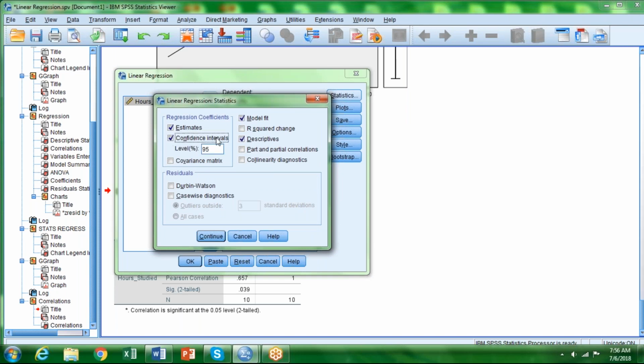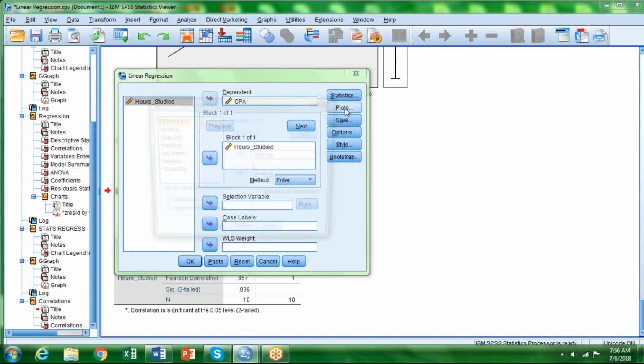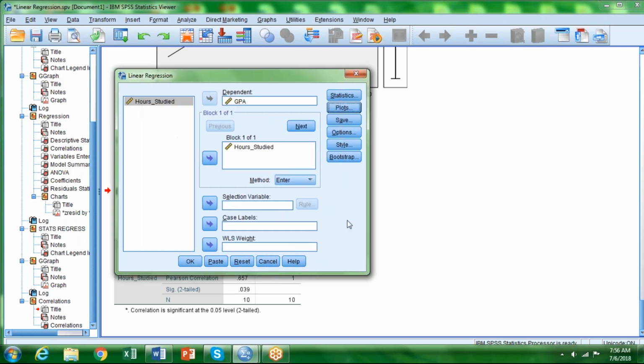We can do confidence intervals at a 95% confidence interval, model fit, descriptives, and that should be enough. We also don't need to run another graph, so we'll just cancel that. And there